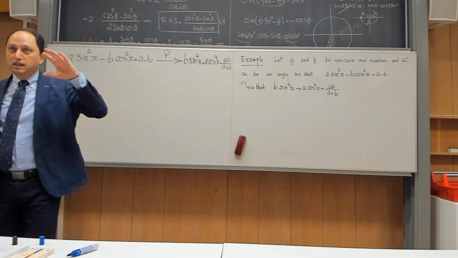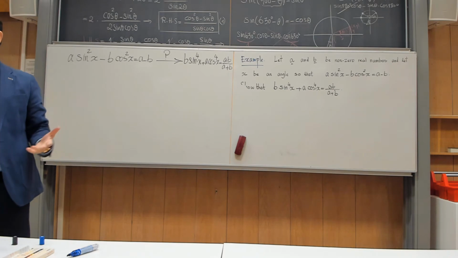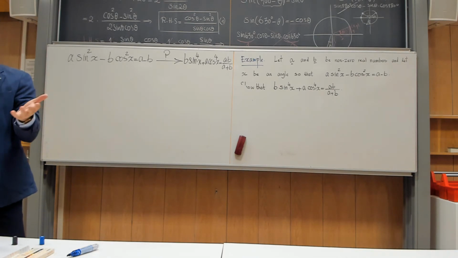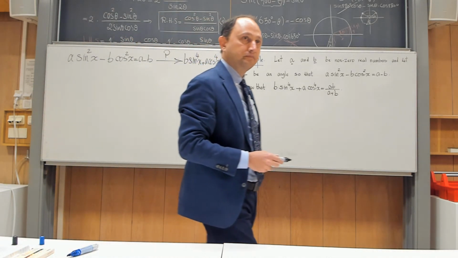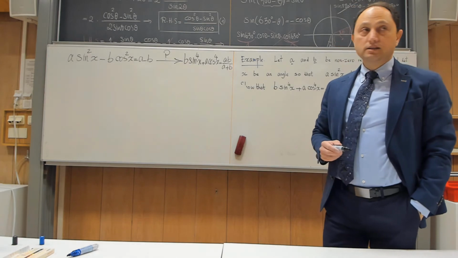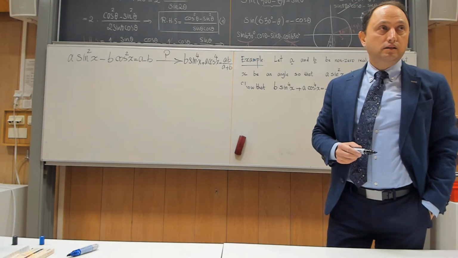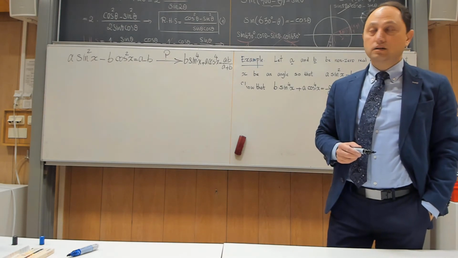So probably it was a natural step to think about, but I will not go for it. Of course, you might go for it and find a way. But I will not, okay? I'm not sure, but if you take a times sine squared of x equals to a... No, it writes a sine squared x